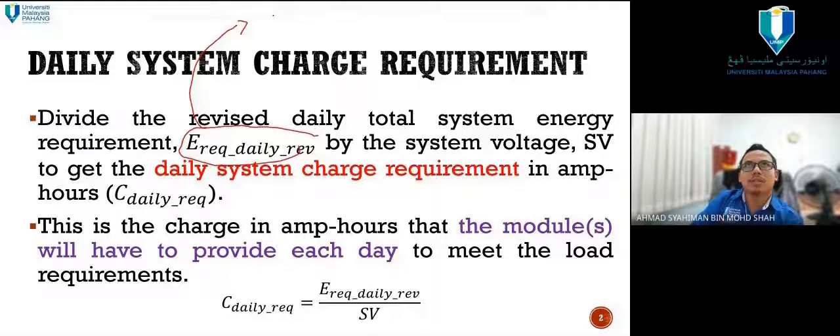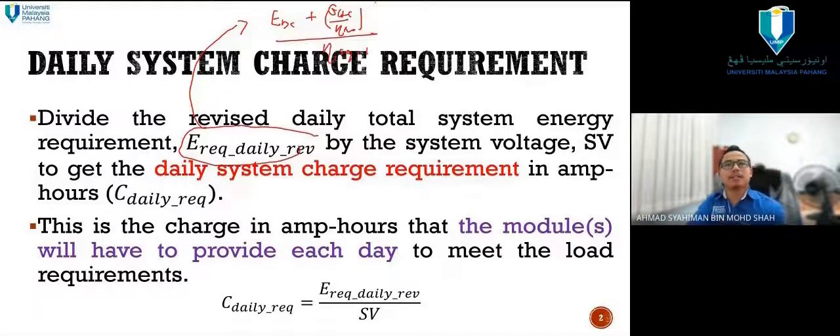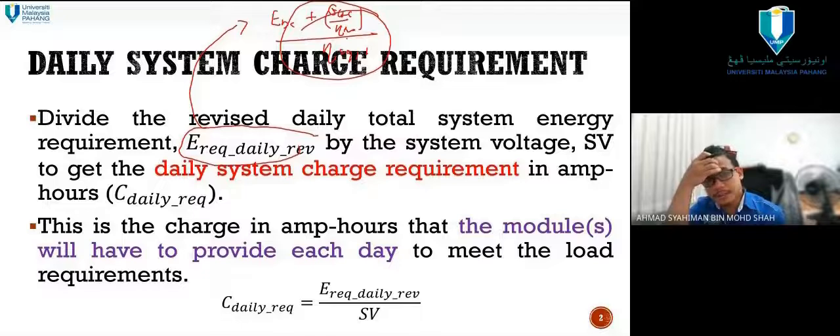Load DC, EDC plus EAC over inverter efficiency and system efficiency kan. So that total, okay, is the required daily energy requirement, divided by the system voltage